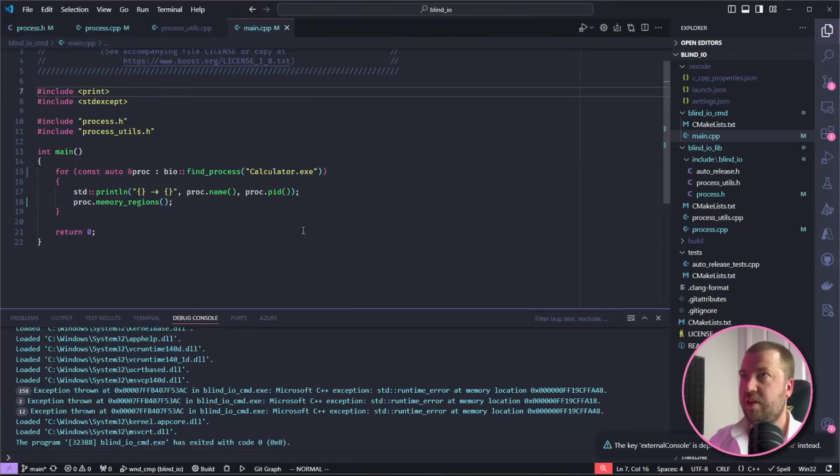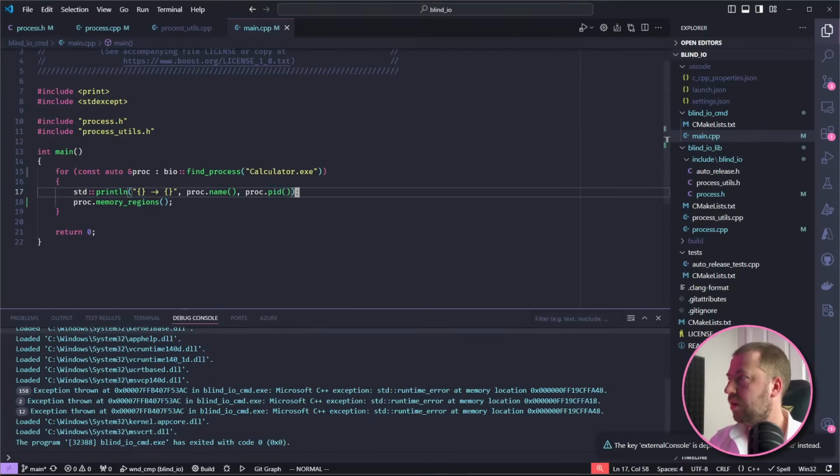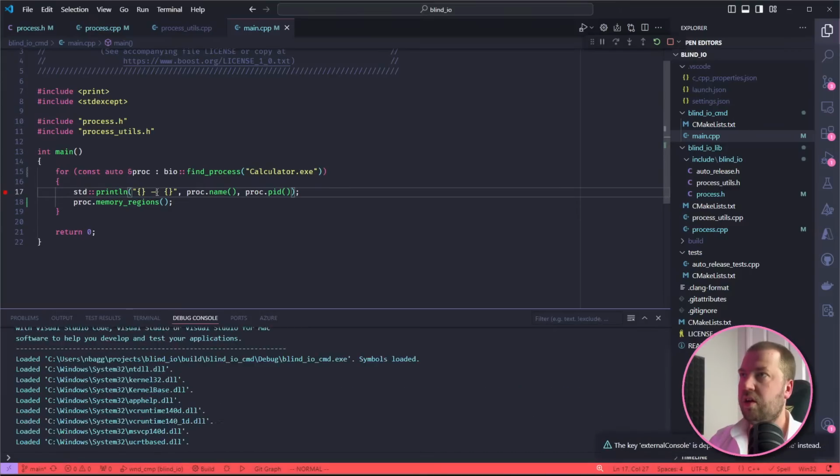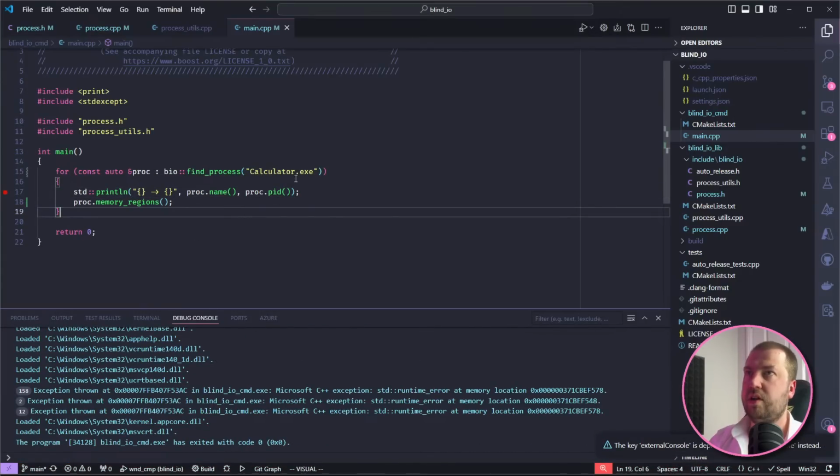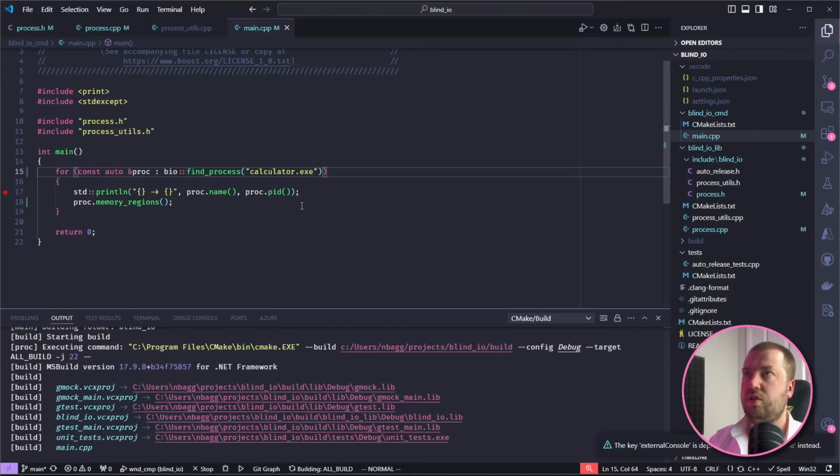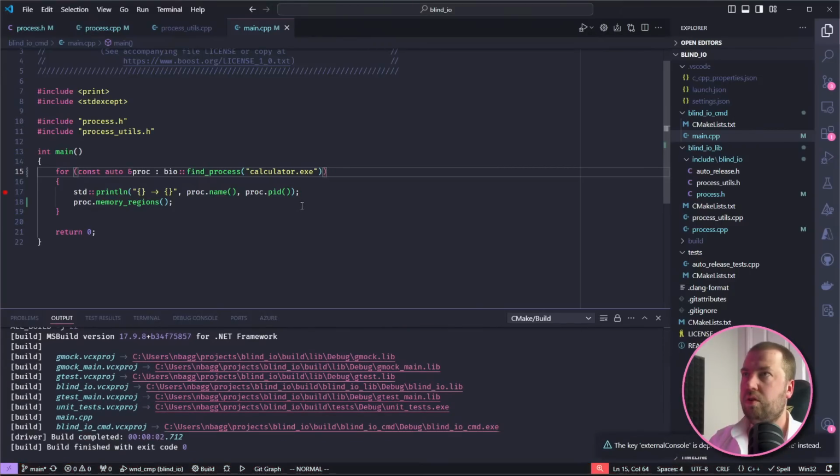Okay, nope, that wasn't it. Interesting. Where have I gone wrong? Is this even getting in here? Okay, why is it not finding calculator.exe? Is it a casing issue? Oh, let's go back to Firefox.exe then.